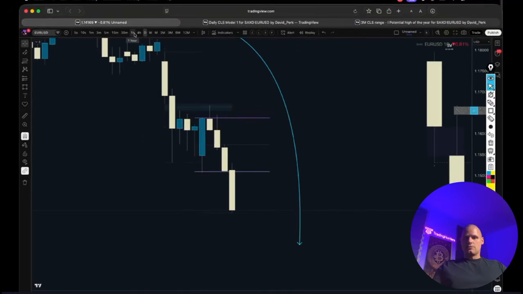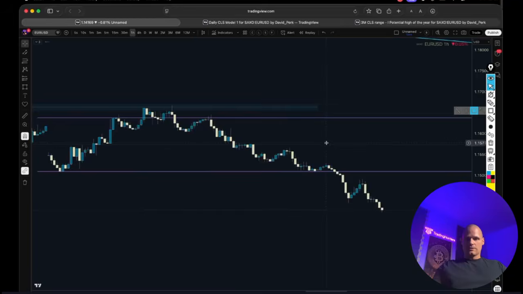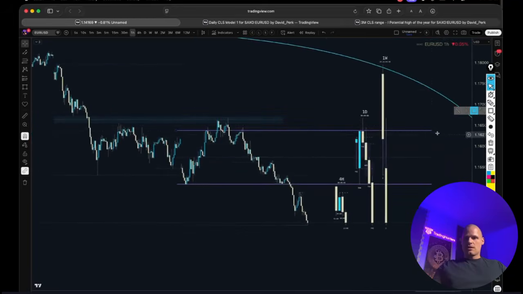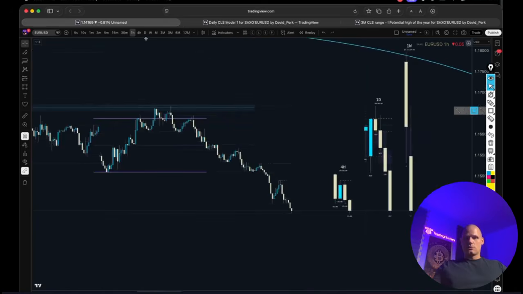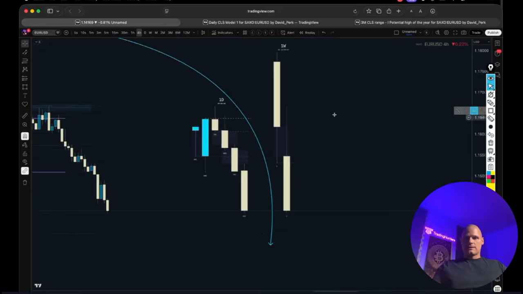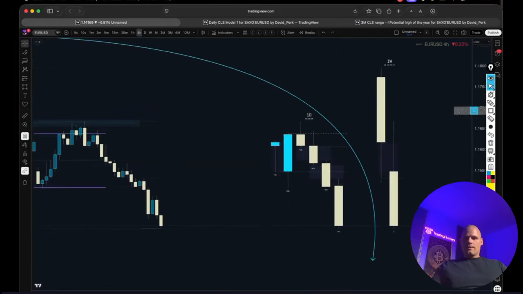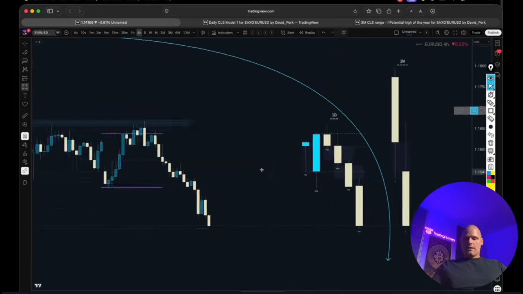Let's drop it down to the 1 hour, because it's a daily range, so we need to be trading from the 1 hour time frame. Right now we don't need this indicator anymore, we see the range, but what I want to show you is this. Again,